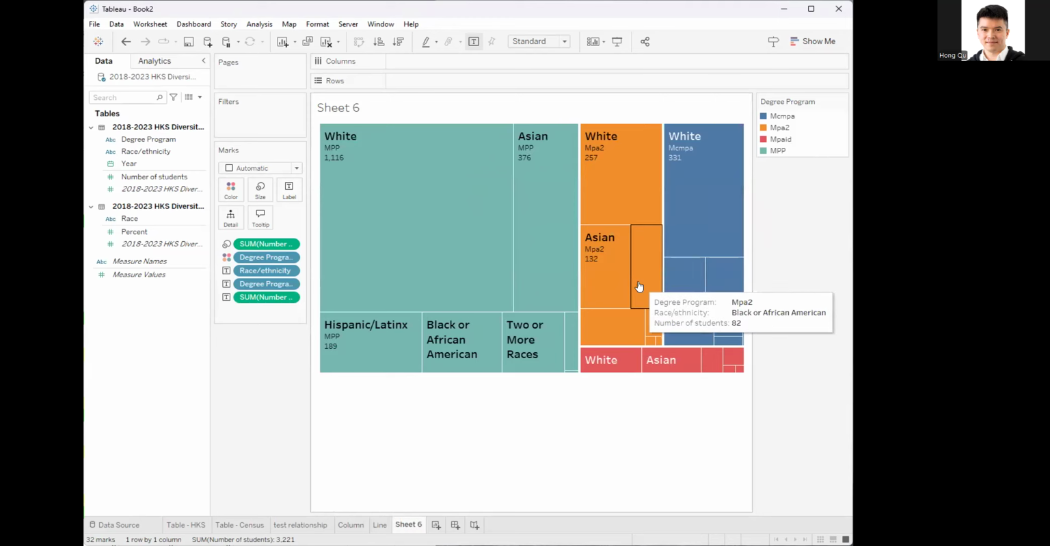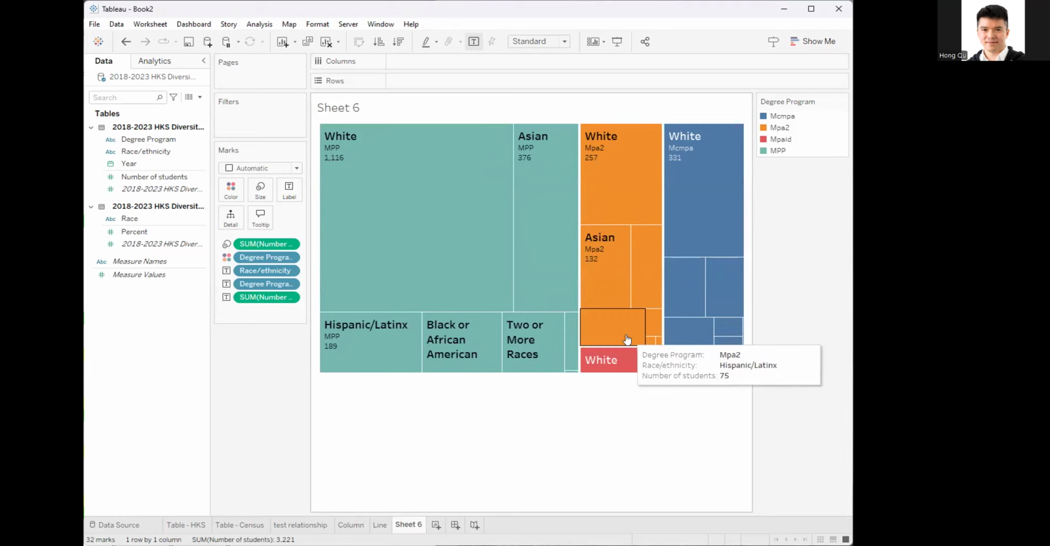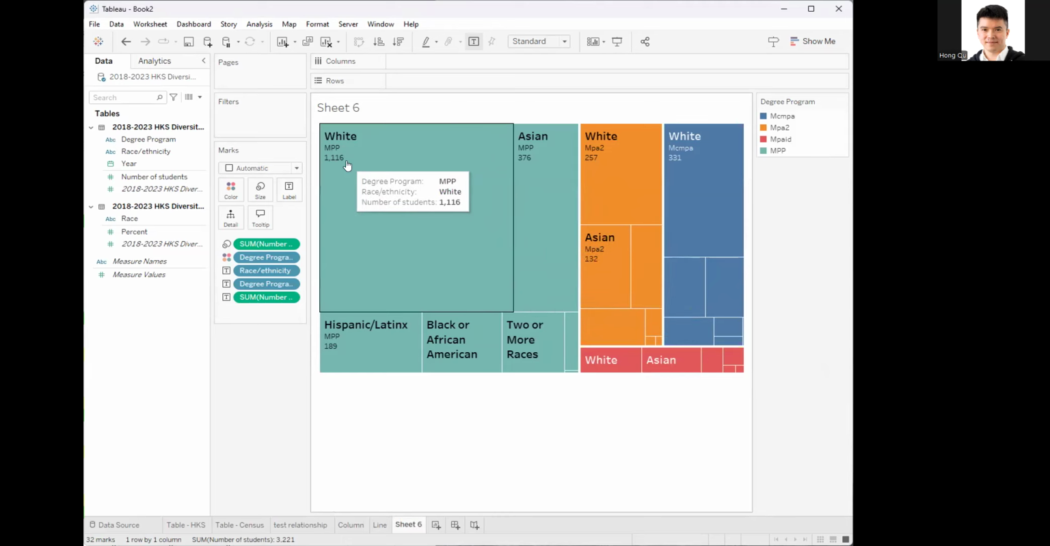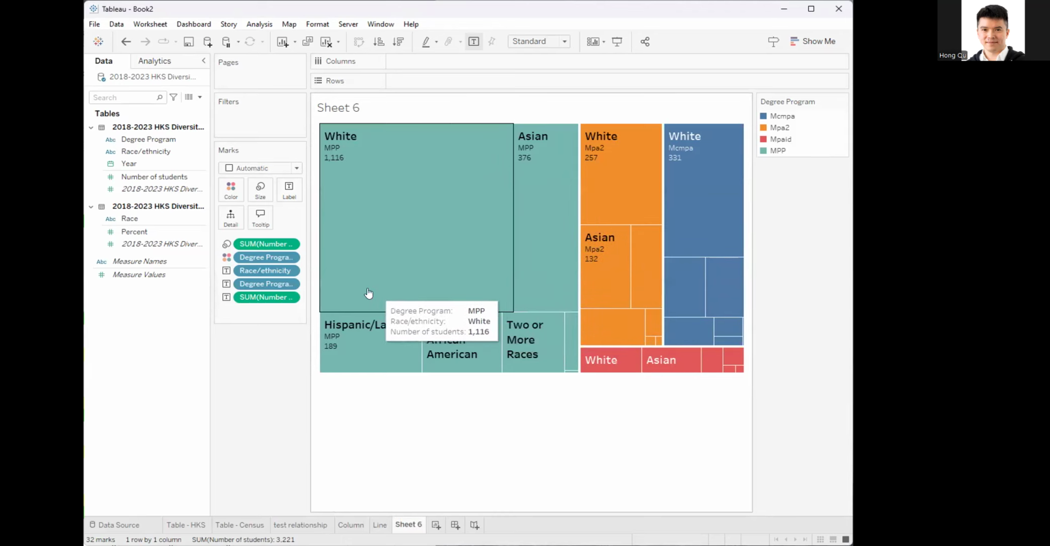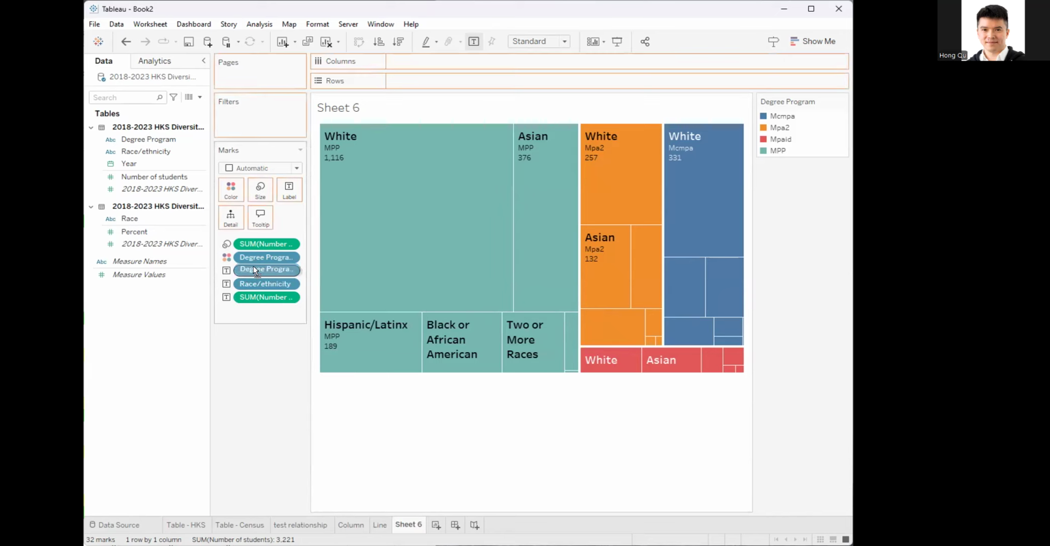Now, if you want to reconfigure and emphasize the race and ethnicity as the main first level hierarchy, and this inner level is the degree programs, so kind of a different configuration, you actually just need to drag the degree program above race and ethnicity. So the tree map looks like this. Drag the degree program into color. And now we have